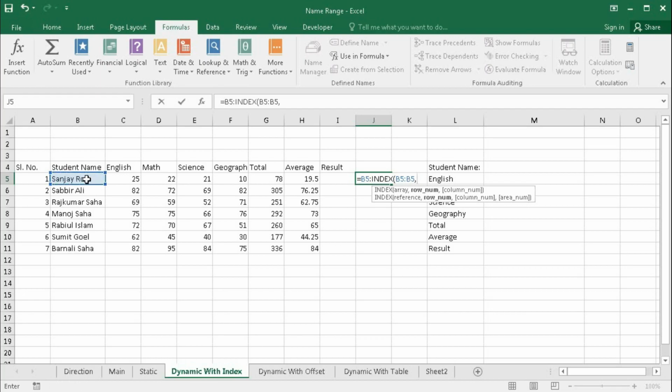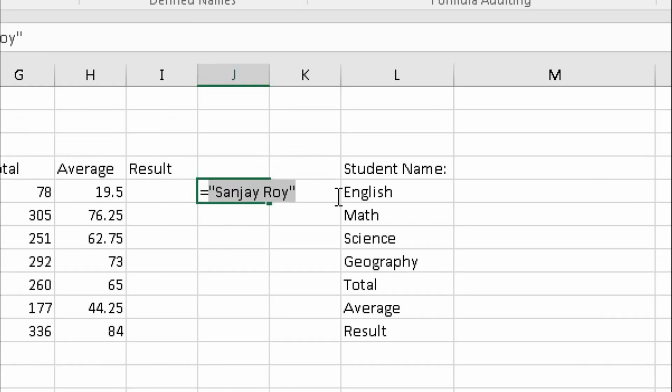Now comma row number. The row number will be 1 because we want a one row reference. Then close the bracket and press enter. We can see here we got the reference of Sanjoy Roy. Here also you can see, if you select this one and press F9, you can get Sanjoy Roy.